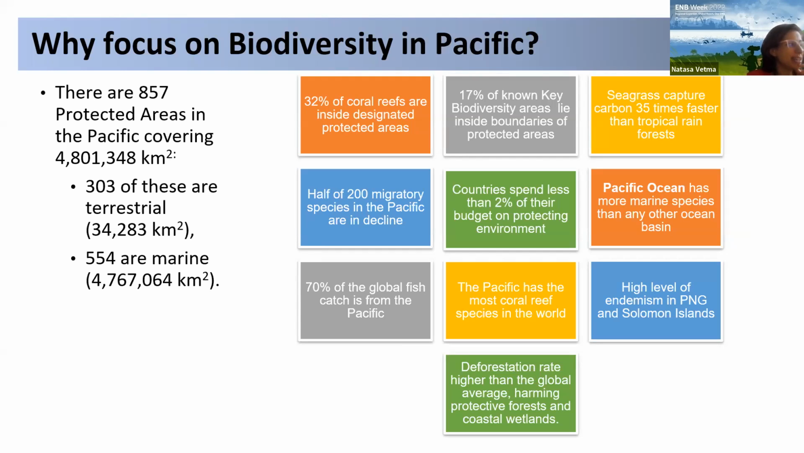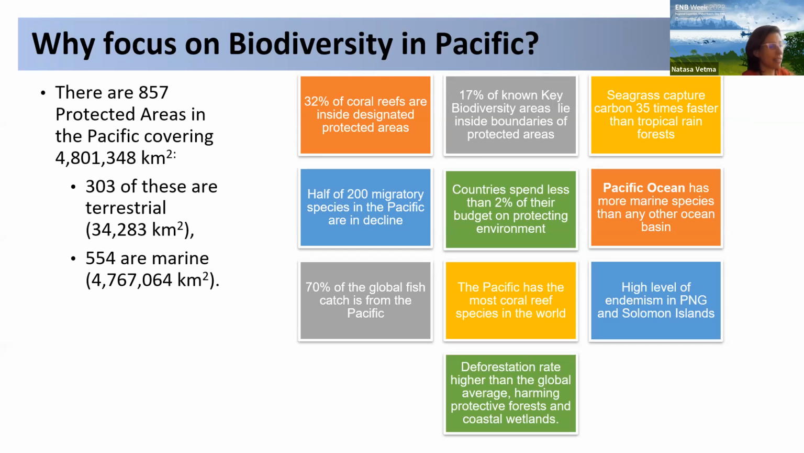I'm really happy to see that there are more than 857 protected areas in the Pacific, covering more than 4.8 million kilometers. And 303 of these are terrestrial and 554 are marine. So it is really quite a large area to be protected. These are just some facts that we got from the SPREP sites, from the internet, and also from general knowledge. So we know that the Pacific Islands are actually 10% of the world's oceans,